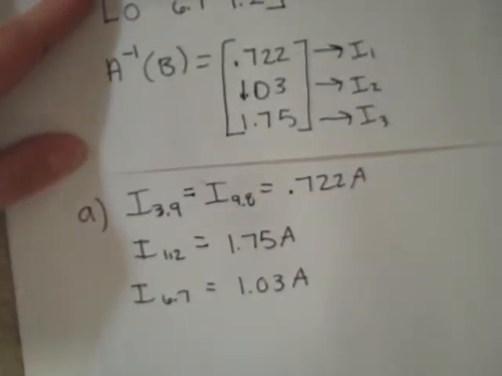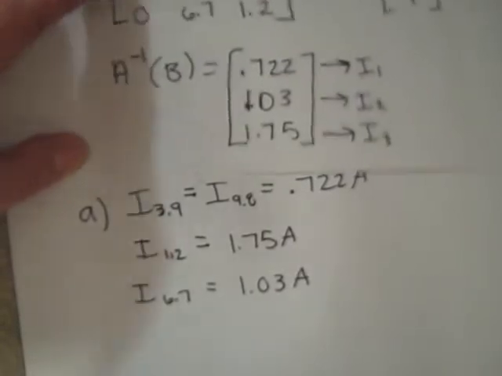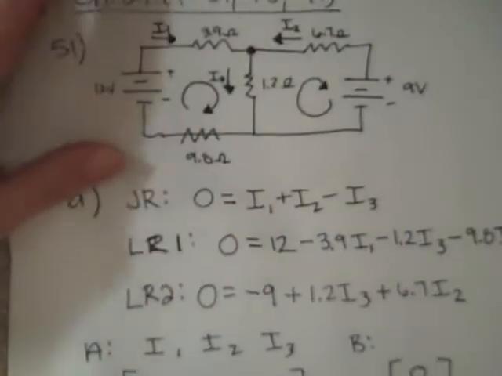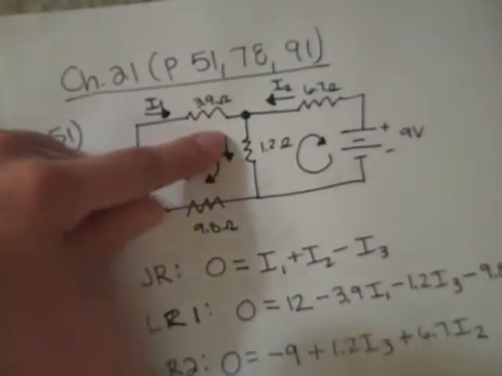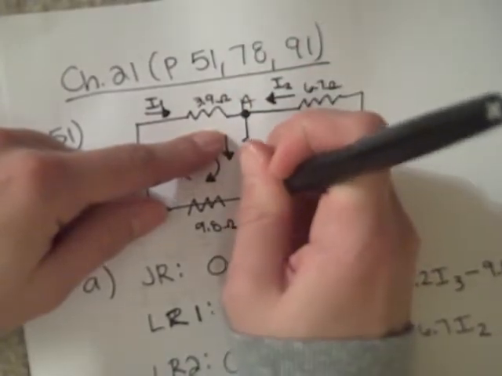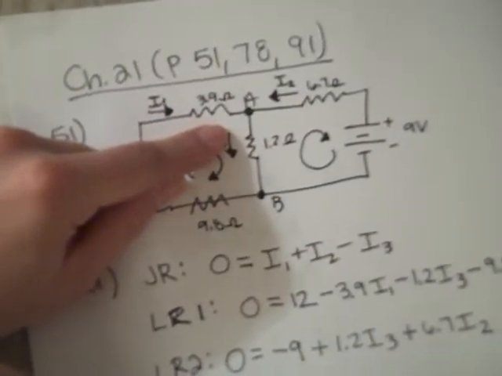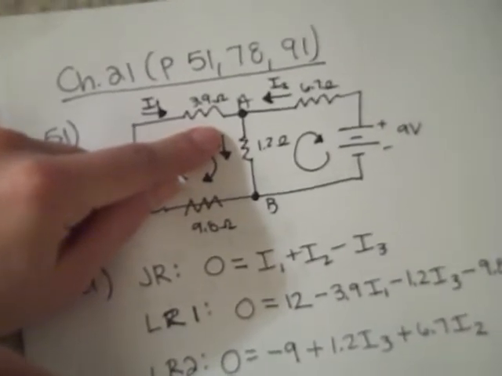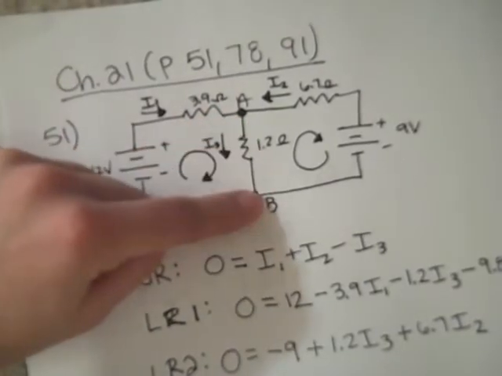And that's part A. Now in part B, they want us to know, is the potential at point A greater than, less than, or equal to the potential at B? And I would say if you look back at your picture here, notice the way we have our current drawn. This is point A right here, and this is point B. So at point, whoops, sorry about the camera there. Give it a second. All right, so the voltage at A is actually going to be bigger than the voltage